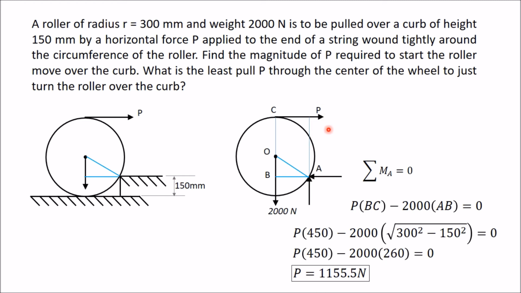In this particular case, if you are supposed to determine reaction at point A, then you have to apply sigma Fx equal to 0. Using that you will get this x component, and similarly you have to apply sigma Fy equal to 0. Using that you will get this component. Once you get these two components, you can determine resultant of these two as reaction at point A.